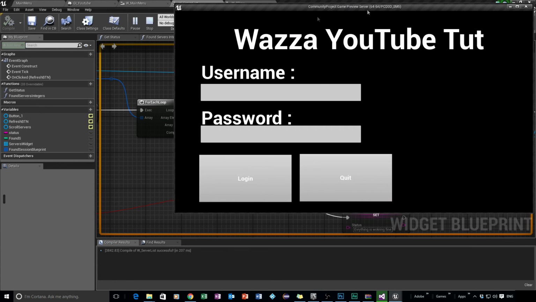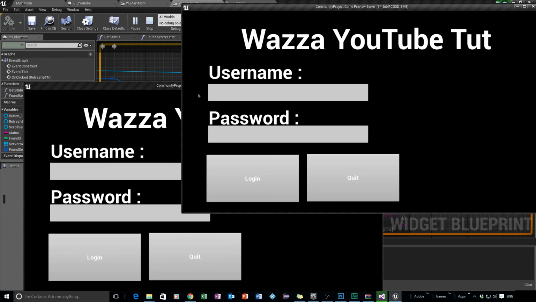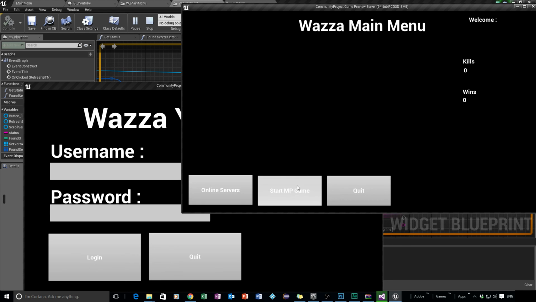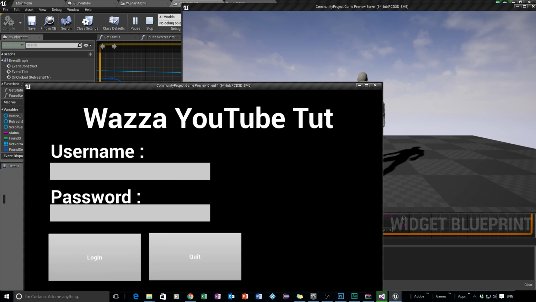And basically, we'll get 2 windows that will show. So you can see 2 windows here. I'm just going to log this one in. So YouTube and YouTube. I'm going to log that in. Okay. And I'm just going to start the multiplayer game off this one. All right, so I'm going to start that one straight away. And if I go into this one and type in YouTube 2,